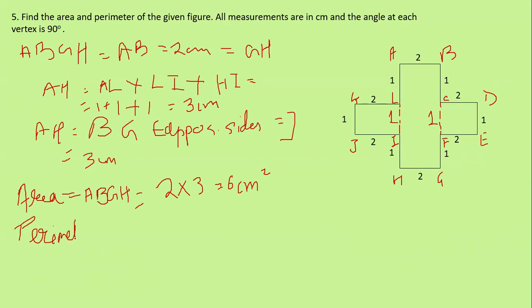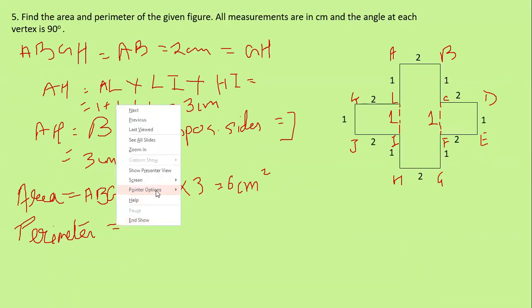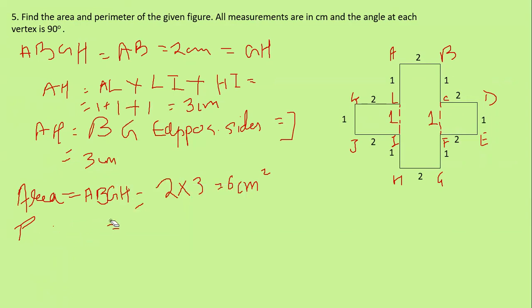Perimeter is actually equals to कितना है perimeter? जरा हमें भी बताओ। So see, पेरीमीटर तो बस मुझे बस ये टोटल बाउंड्री को ही जोड़ना है, राइट? तो पेरीमीटर ऑफ द एंटायर फिगर, पहले हम सबका ना एरिया निकालता है, फिर हम सबका पेरीमीटर निकालेंगे, ठीक है? ठीक है, तो this was the area of ABGH, ठीक है।